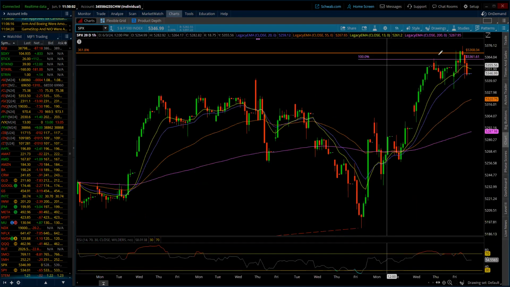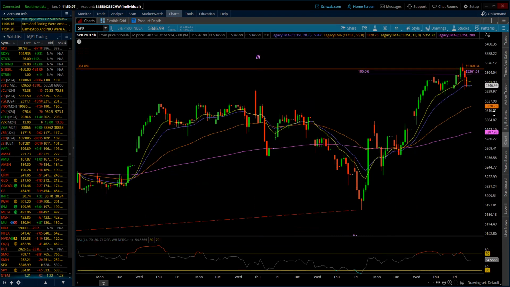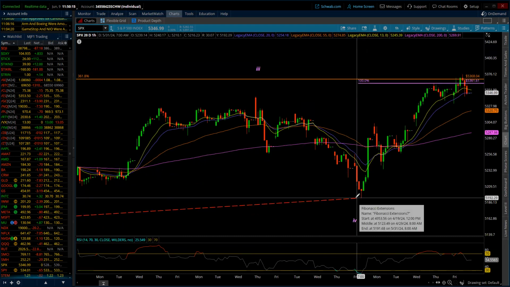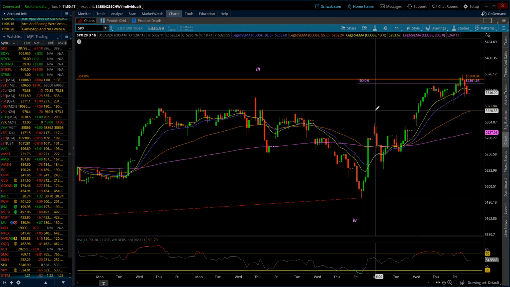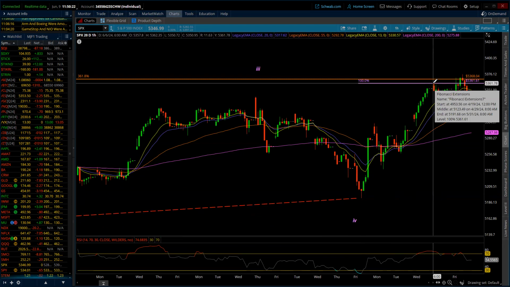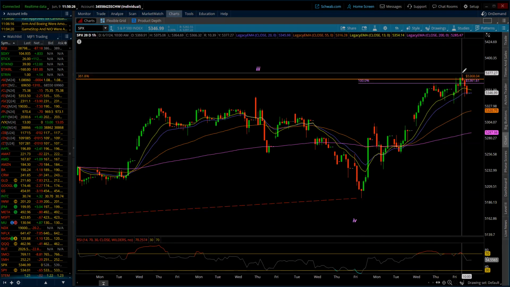Let me drop this down to the 1-hour chart, and here we sit within. So we'll just scoot this over a little bit. Here is minuette wave 3. Here is minuette wave 4. So what we have within that minuette wave 5, we have wave 1 of 5, 2 of 5, possibly 3 of 5 there, although I'm more than likely going to move it to here.